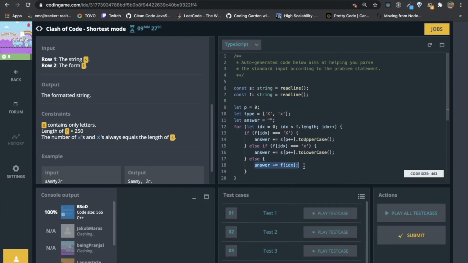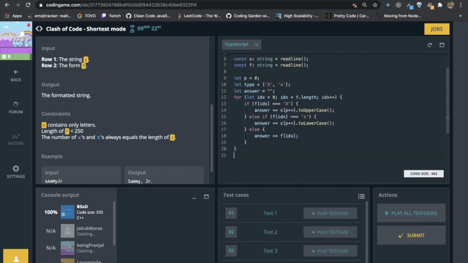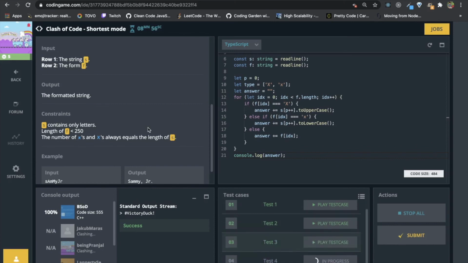Now, first we will check if our solution works, and then we will try to shorten it. Our current size is 484. I'm expecting the number of x's should be the same, so our logic is based on the number of x.